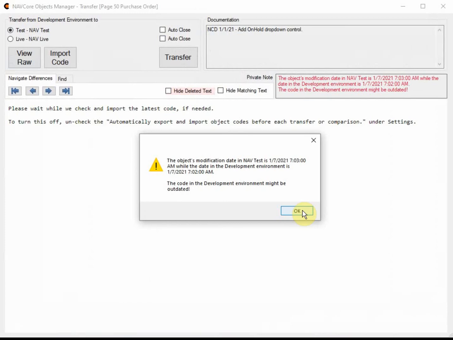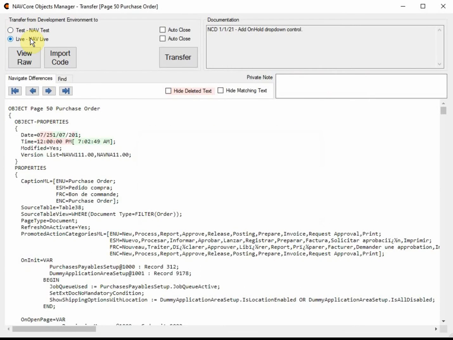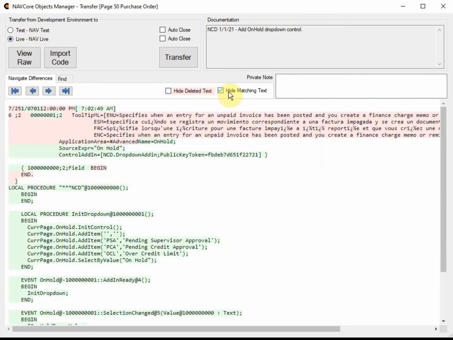The application will warn you when it detects that the development environment's code is older than that of the selected environment. Although it's not recommended, sometimes it's quicker and more efficient to make a quick change on the live or test environment. In case you made some quick change and forgot about it, this aims to protect you from accidentally overriding that quick change.